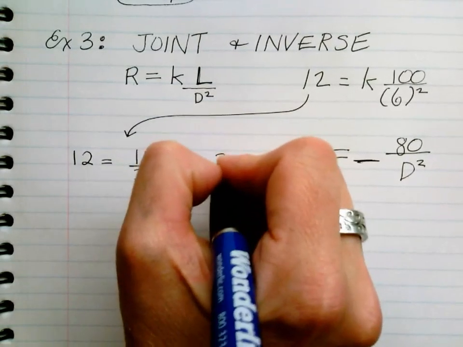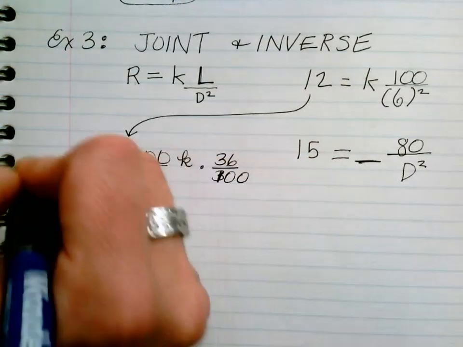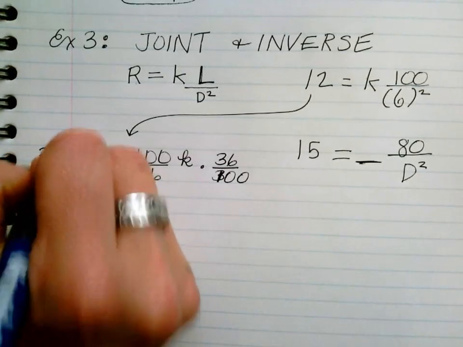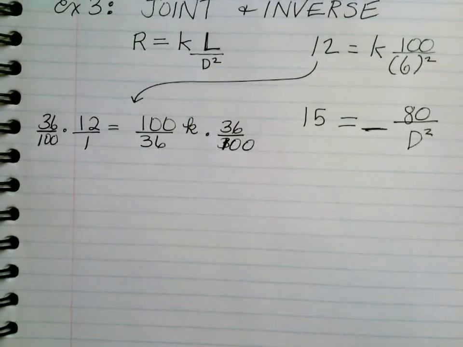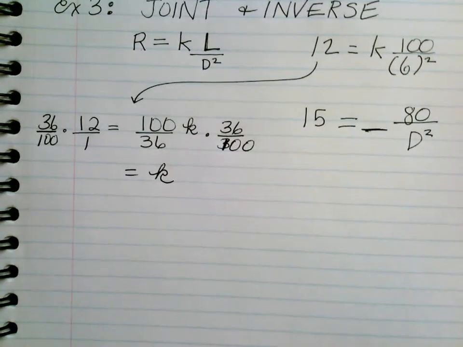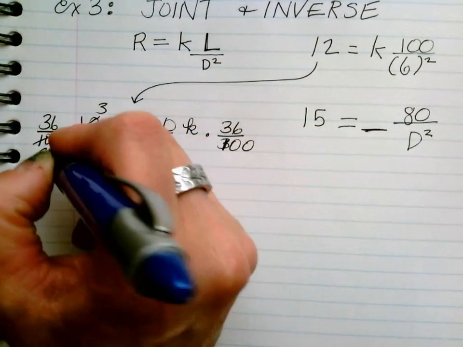Multiply by its reciprocal. And some of you might reduce it and do it that way. That's fine too. I'm just not making it any more difficult. The result on the right, as all those numbers cancel out, leave me with K. The result on the left, after reducing this by a factor of 4,